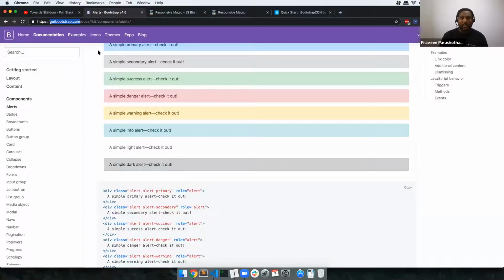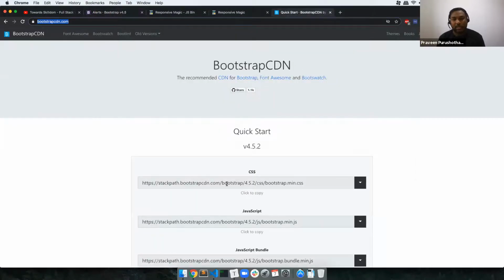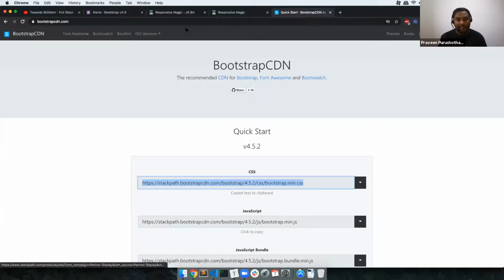So thinking about that, if they are using a CDN, the domain will be different. For example, if you see here, it is stackpath.bootstrapcdn.com or something like that. If you use it that way, the browser knows that this is for another domain, not the same domain as we saw. So it is going to allow more than 8 connections at a single point of time. That's one of the main reasons.